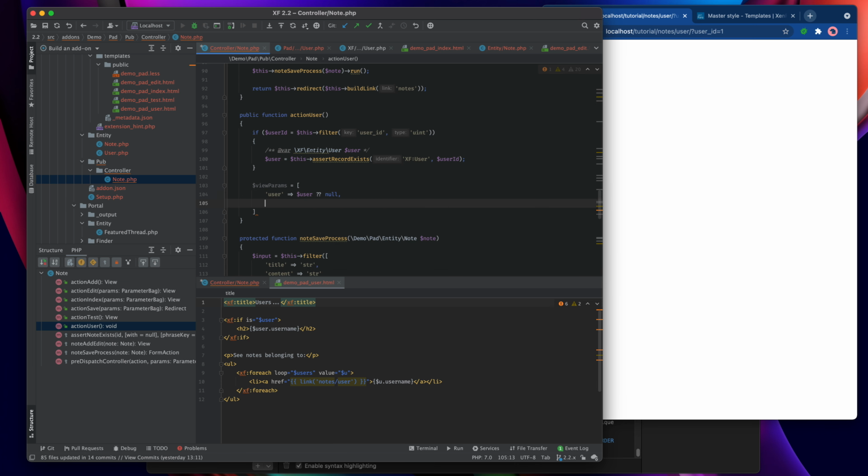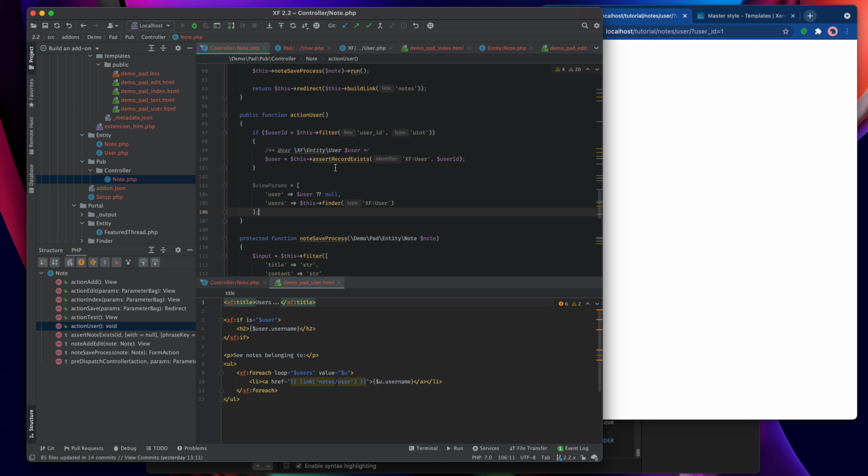And then I also want to fetch all the users in the database because I've only got 4. And I'm going to call them users, and I'm going to do a very quick this finder xf user, which will find all of the users in the database. I don't need to call fetch because I'm passing the finder directly to the template system, and the template will automatically call fetch if it needs to.